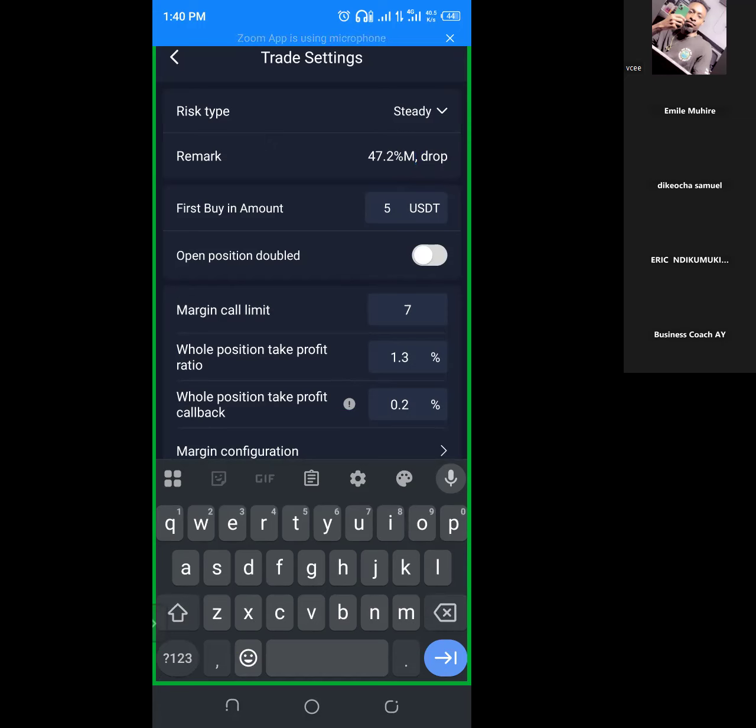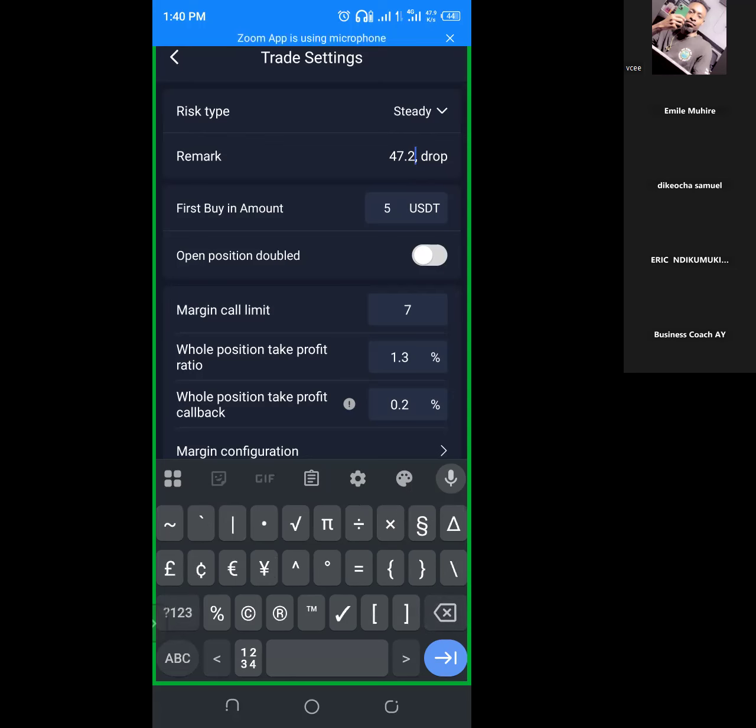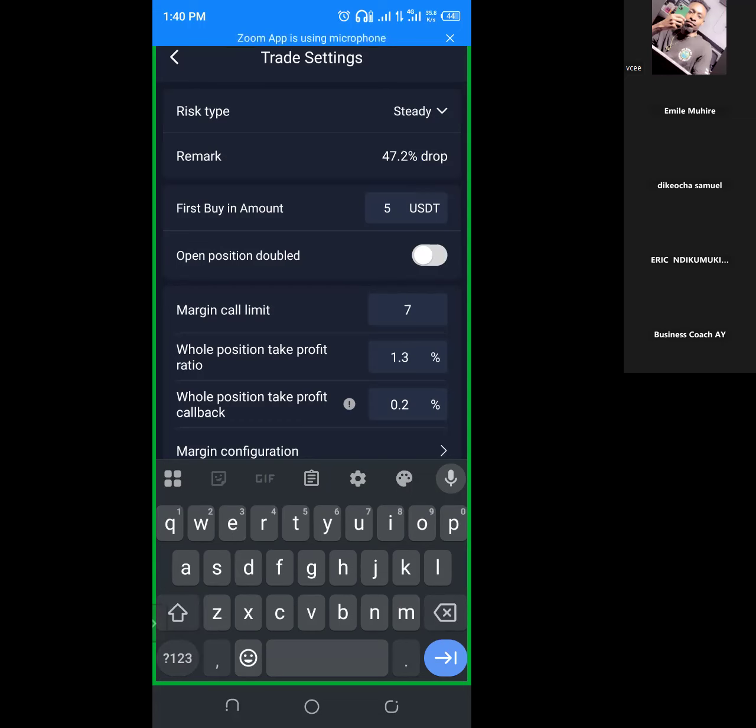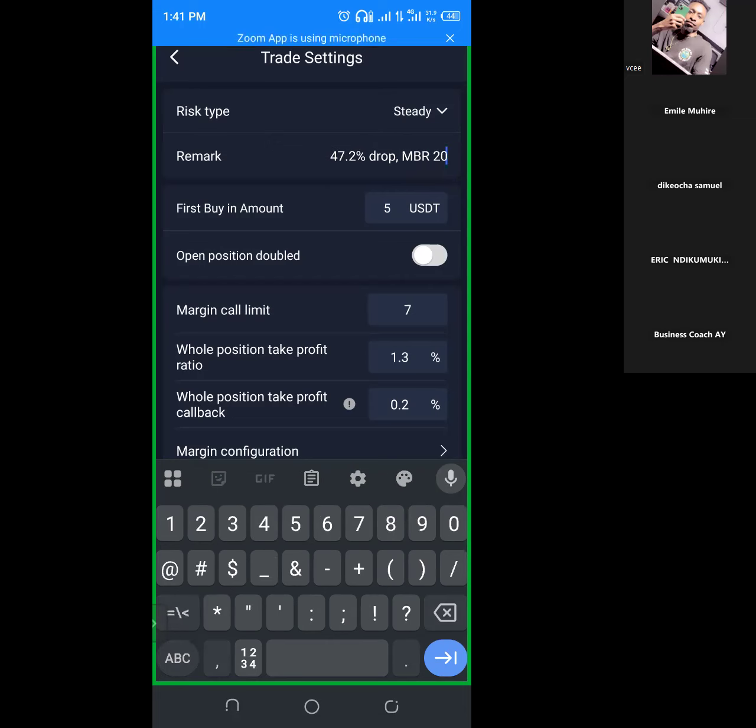Don't be mistaken, DK. Clear the comma. Good. Now go to the end of the drop. For 47.2% drop, comma, MBR. No, the end of the drop, bro. People, you understand what I'm saying, though? For 47.2% drop, you put a comma, then MBR. MBR stands for multiple buying ratio. Multiple buying ratio 20. So whatever you want to use your first buying amount,